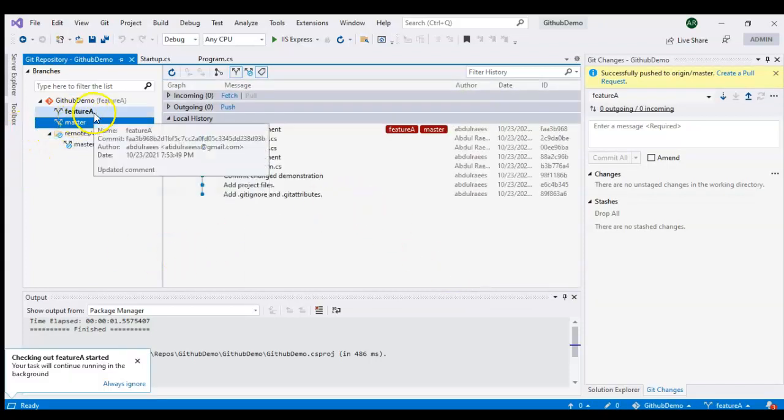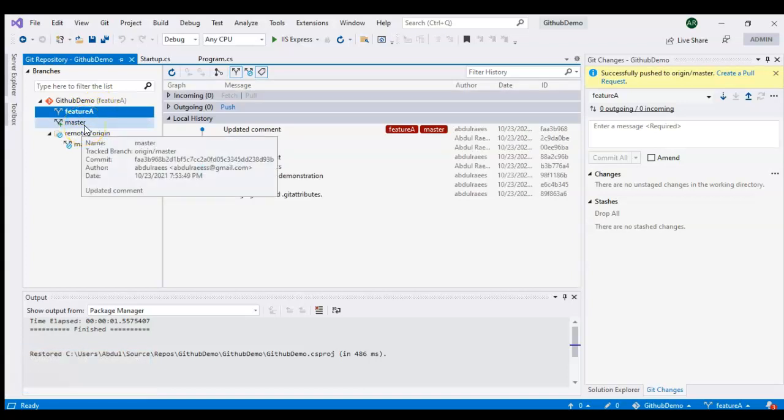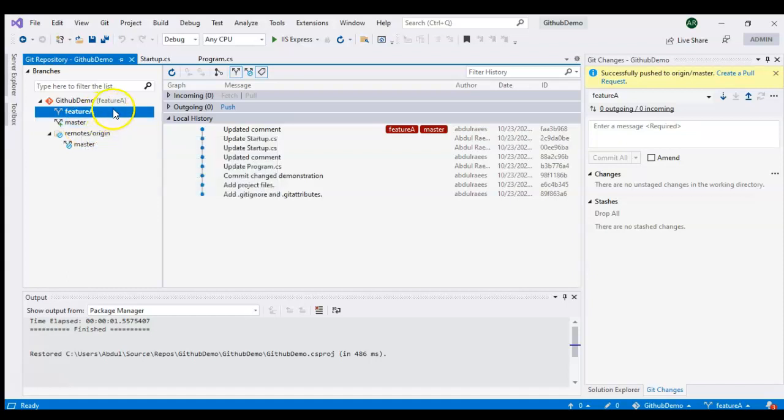Wow, here you can see the feature A branch has been created and it is highlighted. If I select this one, I can see the old branch, which is master branch. It's not highlighted, it's not bold anymore. So that means you have successfully created a feature branch and also successfully checked out. And now your changes will be isolated to this feature A branch, and everything you will be working on will